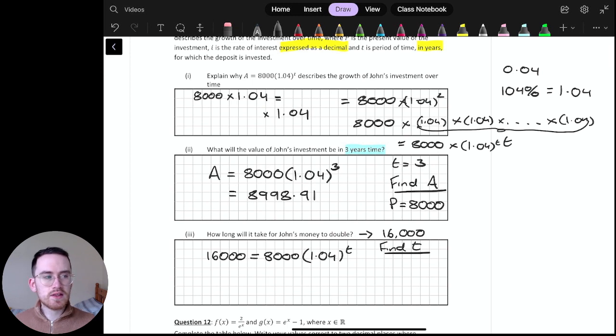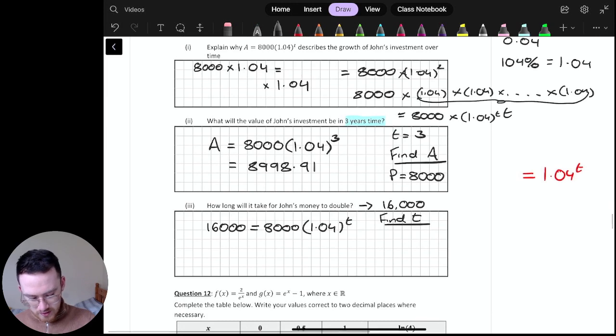Okay, this is one like the ones we saw today. What we want is to get to a point where we have this 1.04^T, and once we're there on its own on the right hand side, nothing in front of it, nothing added, not multiplied, just the base number and the power. Because once we get to that point, then we can use our logs. So what I'm going to do is divide by 8,000. That's going to give me 2 here, and I'll have